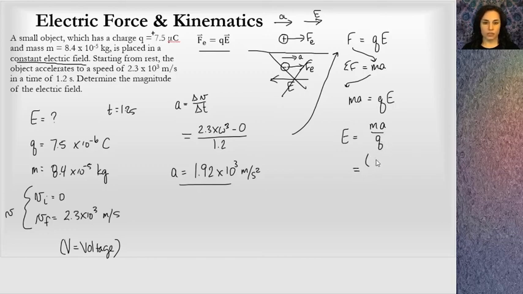Now I can plug in values. I know the mass, which is 8.4 times 10 to the negative fifth kilograms. The acceleration I just calculated, 1.92 times 10 to the third meters per second squared. And I will divide by the charge, which is 7.5 times 10 to the negative 6 coulombs. And when you multiply this out, notice you have mass times acceleration on top. That's a Newton. That's force. Over charge, which we know is a coulomb, and that I recognize as the units of electric field. So when I run this through the calculator, I get